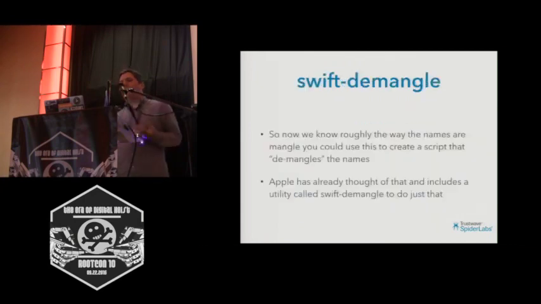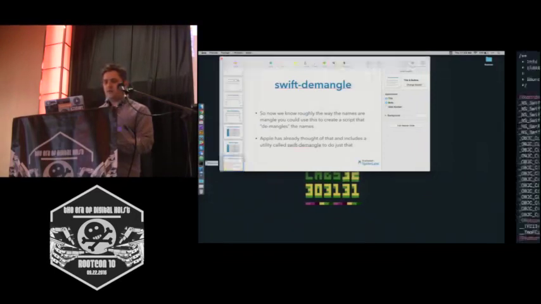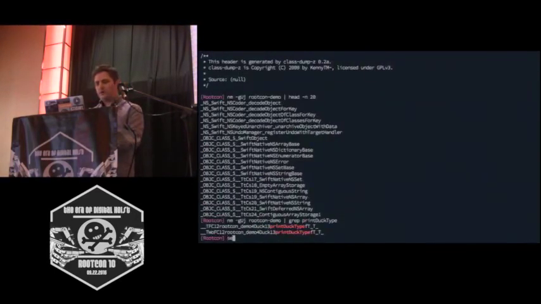Yeah, cool. So now we know roughly the way the names are mangled. You could use this to create a script that demangles the names. But Apple, being the great guys that they are, has already thought of that and included a utility called swift-demangle in the SDKs to demangle the names and do just that. So let's have a look at swift-demangle. It's actually xcrun swift-demangle, but I've just set up an alias, that's why I've got swift-demangle. And if you pass it in